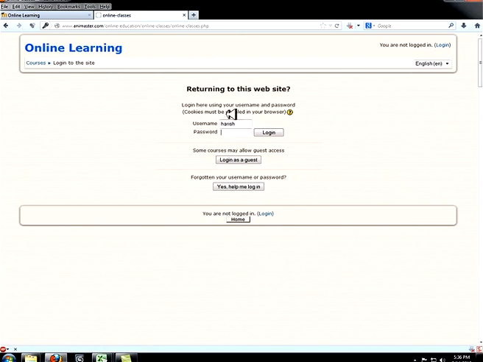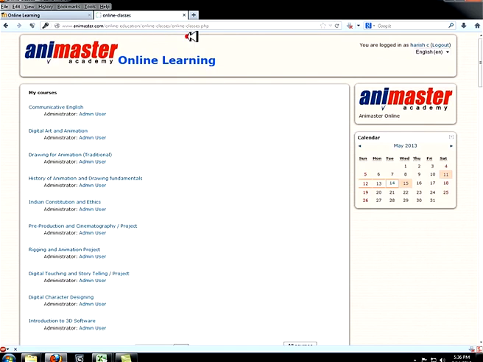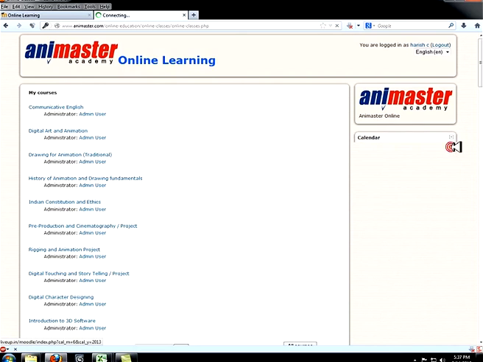Once you hit the login button, you will be able to see the login screen in the center. I'll use one of the user IDs, Harish. Once you log in, you're able to see the header and My Courses, which is the main screen, and a sidebar with a calendar. Let me explain this part. This calendar shows various events scheduled for the whole academic year.